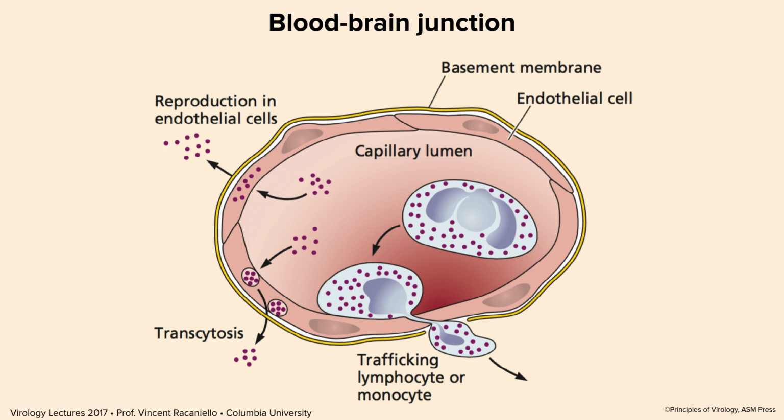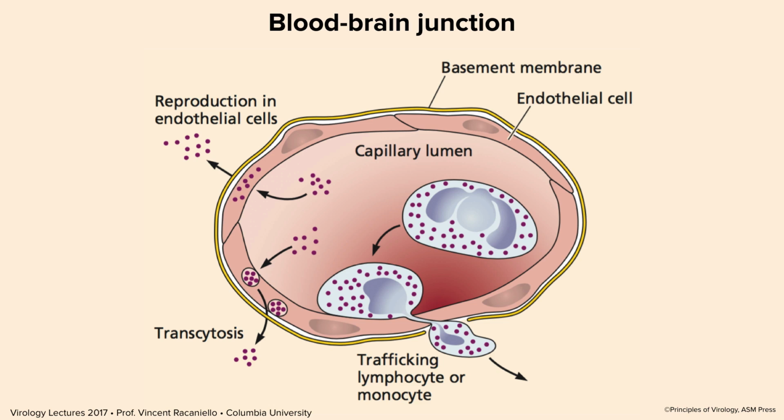But viruses, there's the little red dots, they can infect the endothelium. And if they do so, they'll cause inflammation. That'll loosen up the basement membrane. They can be brought across the endothelial cells by transcytosis. They bind a receptor. They're taken into a vesicle. The vesicle fuses at the other side and releases the virus without even replicating. And then sometimes immune cells like lymphocytes or monocytes can be infected, and they can bring the virus into surrounding tissues because they have the ability to traverse the basement membrane. They can elaborate cytokines that loosen up the basement membrane and allow them to get in.